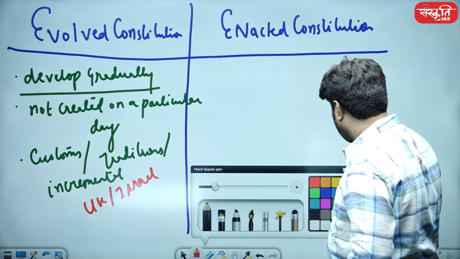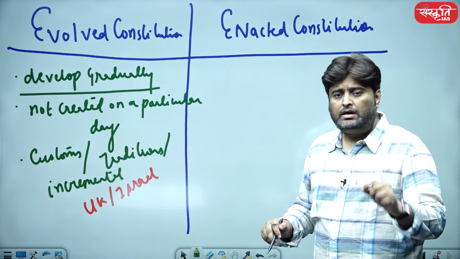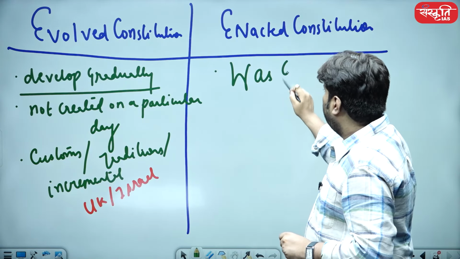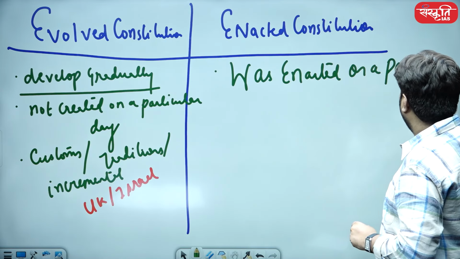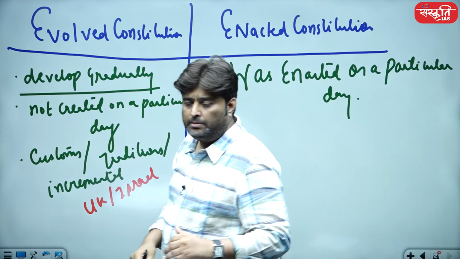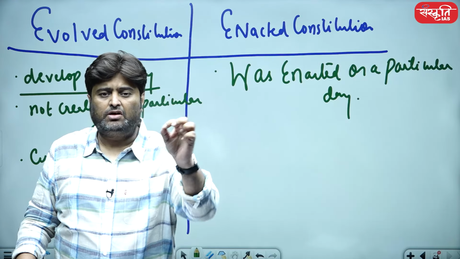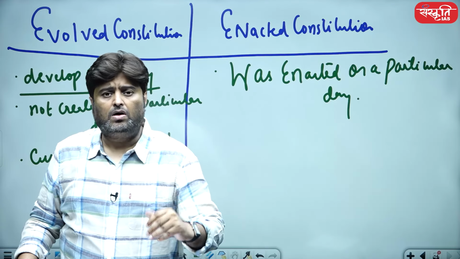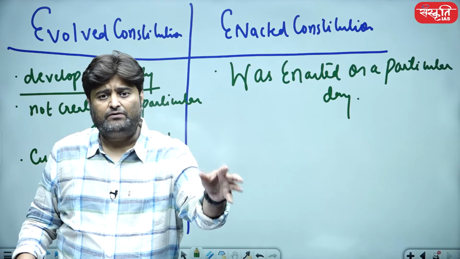Counter to that, what do we mean by an enacted constitution? Enacted constitution means there is a particular day on which the constitution was enacted. For example, the Indian Constituent Assembly started its functioning, and on one particular day, 26th of November 1949, the Indian Constitution was enacted, adopted, and later on 26th of January 1950, it started its functioning itself, commonly known as